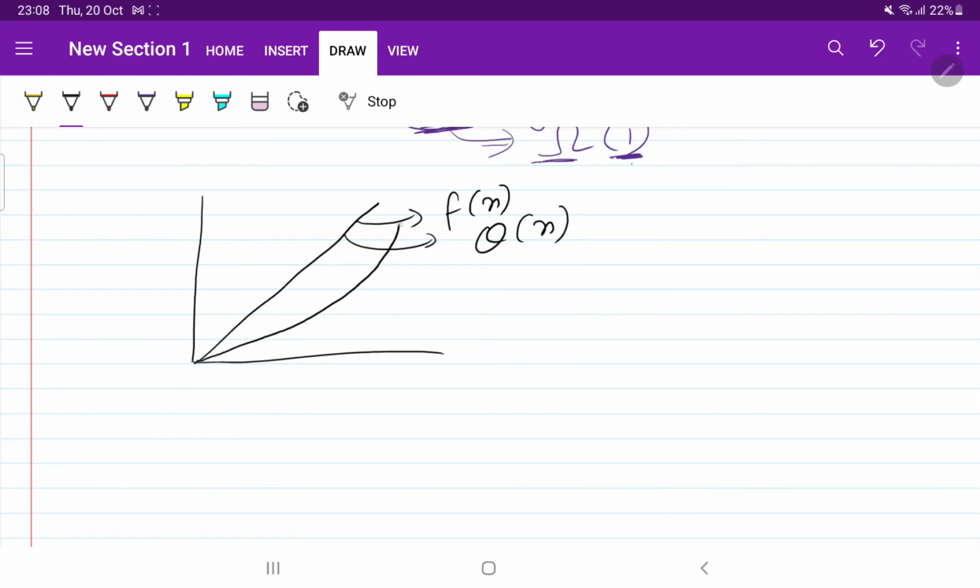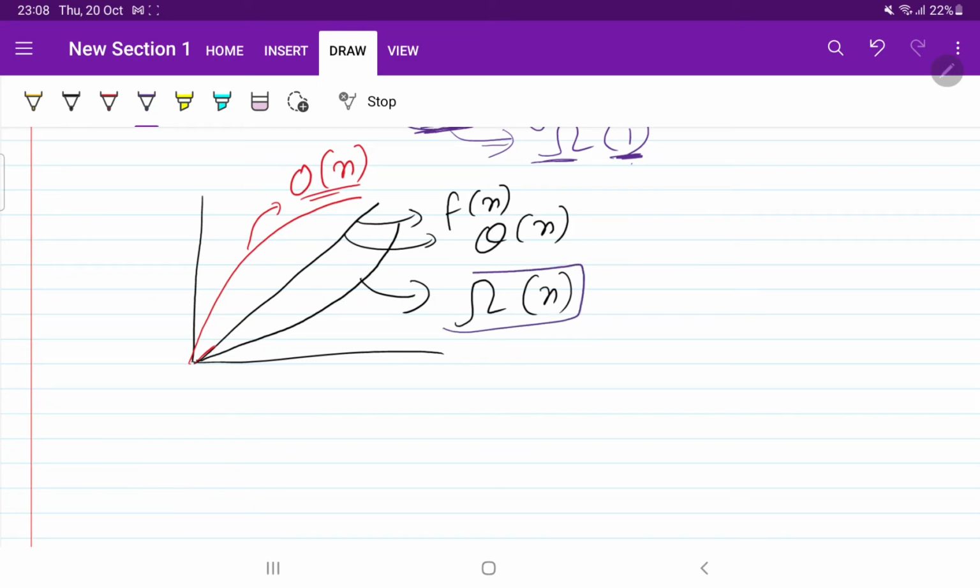And if we use this, it is covering the function from the lower side. What is lower? Omega. So you can say this is omega of n. And suppose we take this as upper, it is covering the function from the upper side, so we can say it is taking big O of n time. So big O represents the upper bound, omega covers from the lower bound, and theta is for the exact.